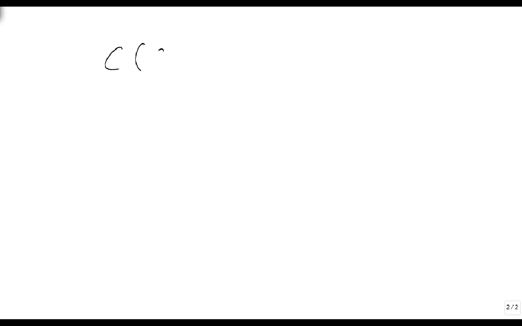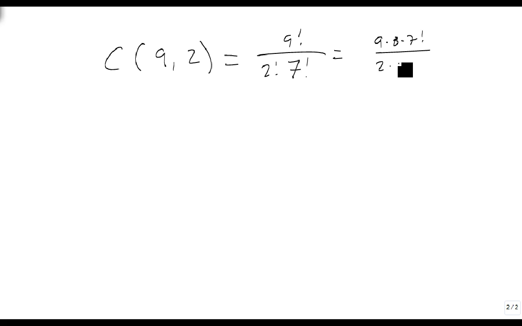Suppose we want to find how many combinations there are if we have 9 total objects, and we are going to pick 2 of them. So this is 9 factorial over 2 factorial. If you remember from before, these two always have to add up to this one, so it's 7 factorial. And this is equal to 9 times 8 times 7 factorial over 2 times 7 factorial. The 7 factorials go away. 8 divided by 2 is 4. And so we end up with 36 combinations that we can pick 2 in any order of the 9 that